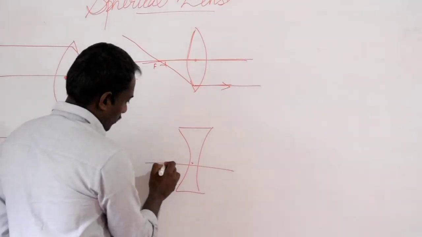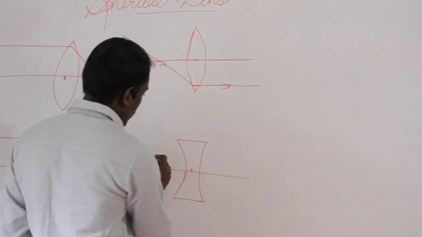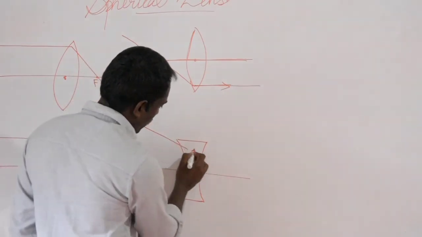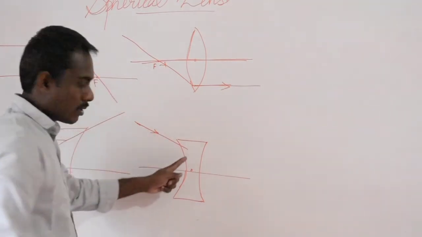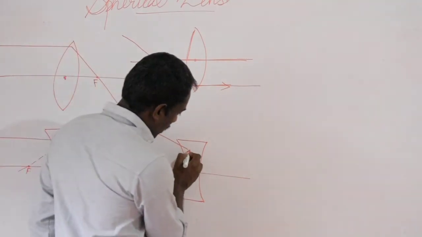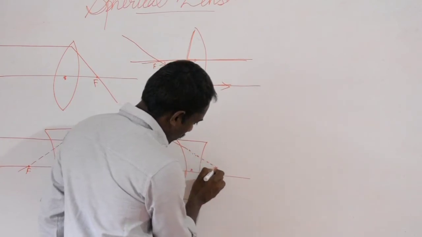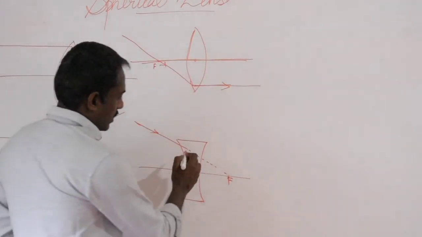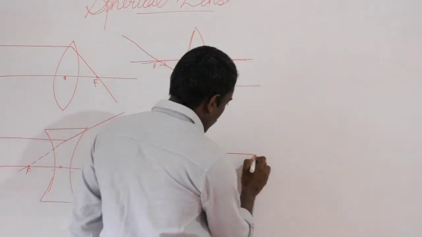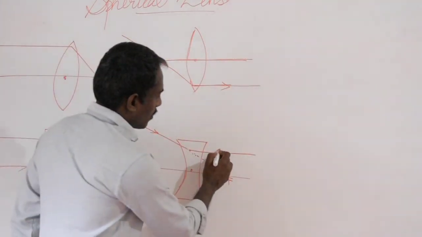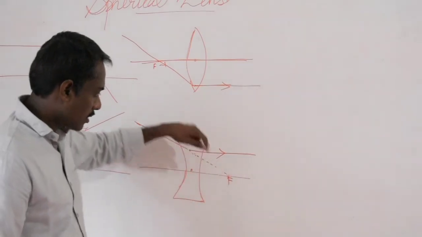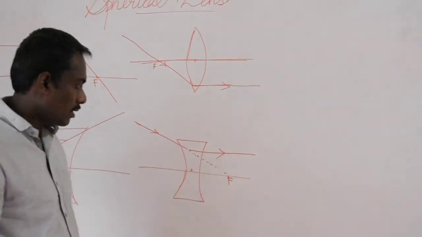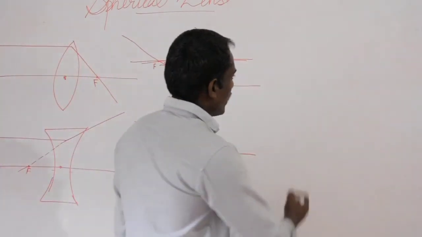In the same way, for a concave lens, if the incident ray appears to pass through the principal focus, not really, but it appears to, then after refraction it will be parallel to the principal axis. Here the incident ray only appears to pass through the principal focus of the lens. And the third ray we need to consider is